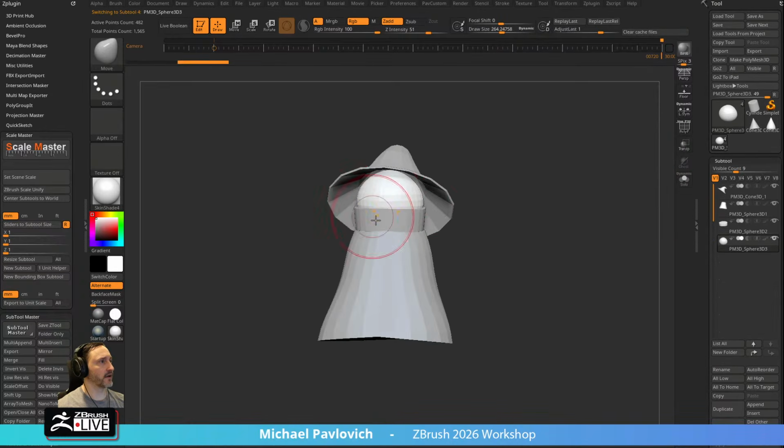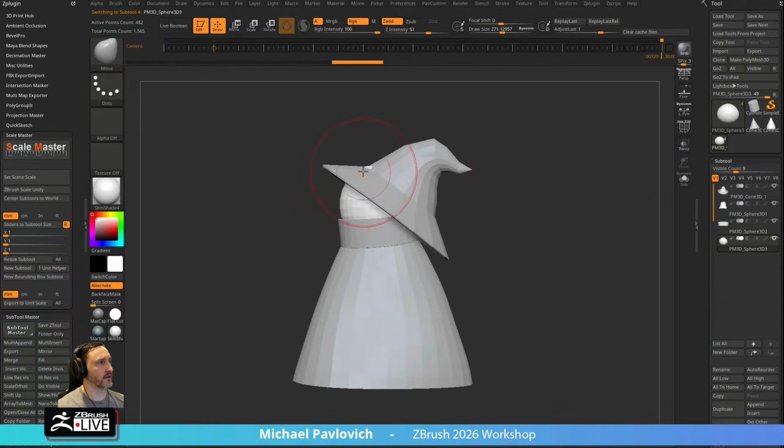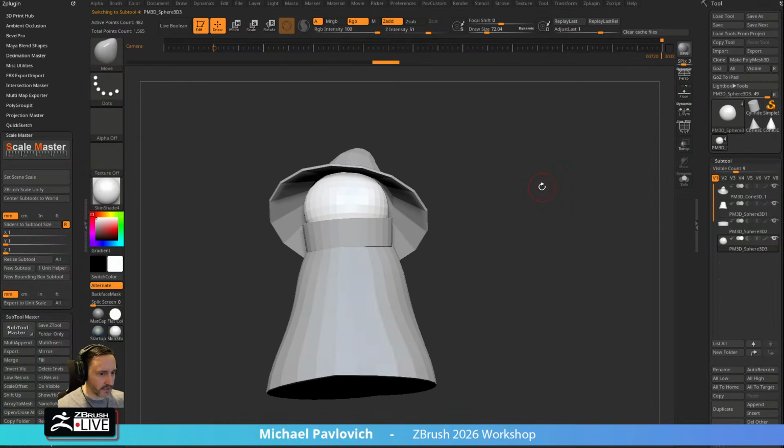So now I can go through here, and again, you can just Alt tap through to select, and then you can kind of go through here and be like, okay, there's my little mysterious head. And then for those eyeballs,